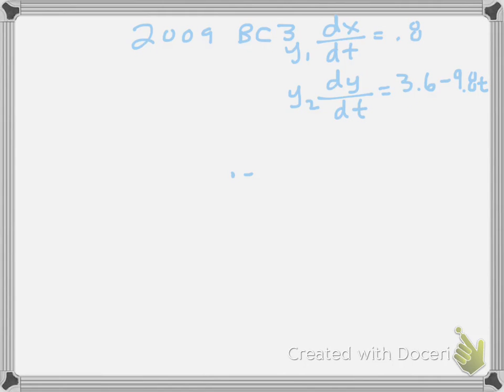Alright, so here we have the 2009 BC3 question. For part A, we're going to start off by finding the maximum vertical distance from the water surface to the diver's shoulders. Since we're looking at the y, you want to look at this equation right here. First I looked at the top of the highest point where the diver was jumping, and that is where the dy is equal to 0. If you look at the very tip top point,